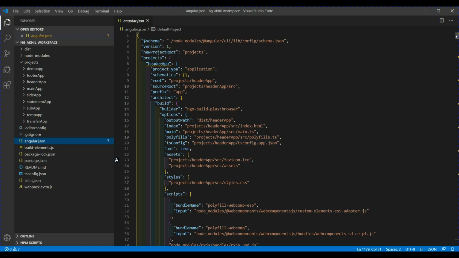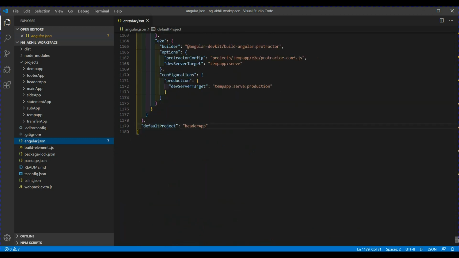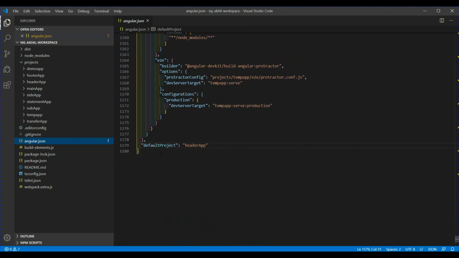One thing to notice: if you come to the very end of this file, you will find this default project. Whatever project is mentioned over here will be treated as our default application. If you give a command like ng build or ng serve, this project will be executed. In our case, I have mentioned here header-app. So whenever I give the command ng build or ng serve, my header-app application will be served out